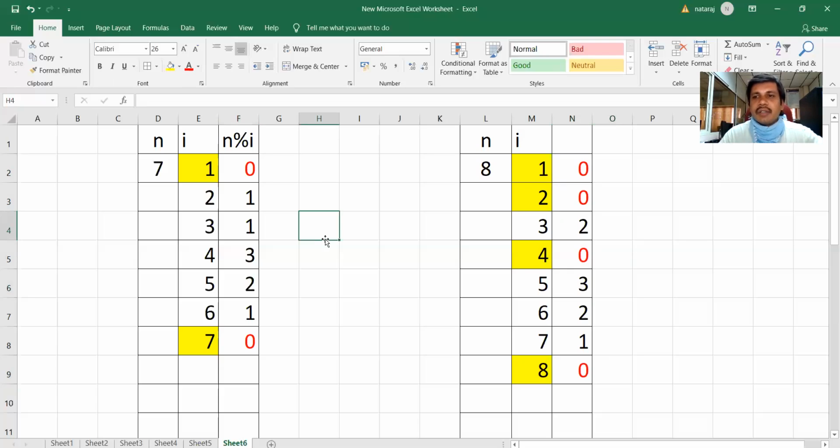So, the prime number definition. A prime number is a number which has 1 and itself as factors. 1 and itself. But a non-prime number will have more than 2 factors. 1 and itself are factors for every number. If it has one more factor in between 1 and n, then it is not a prime number. This is the fundamental logic that I am considering to write my first program on prime numbers.